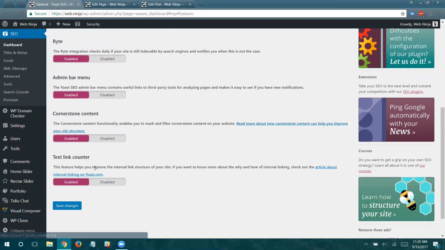But if you read these, it starts to give you a really good picture as to why linking is important, interlinking is important, how to do that. Also, the Cornerstone content, that's kind of a new feature, which you can now tell the search engines what is the most important content, especially if you're doing blogging. You get this option now, which I think is awesome, to tell the search engines, okay, I have lots of content, I talk about lots of different varied stuff, but this is the stuff that I want the search engines to pay the most attention to.